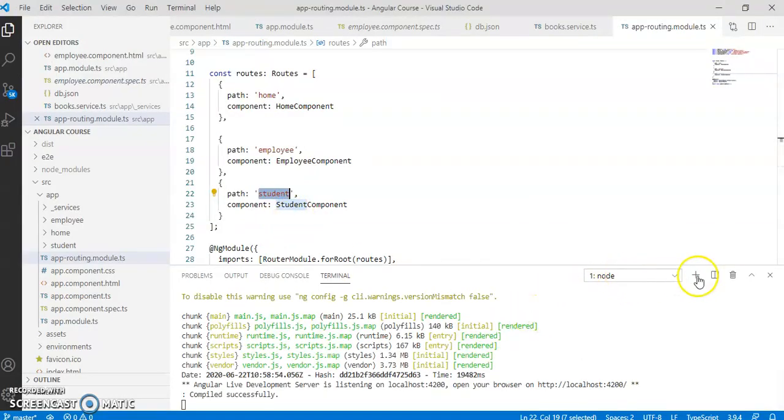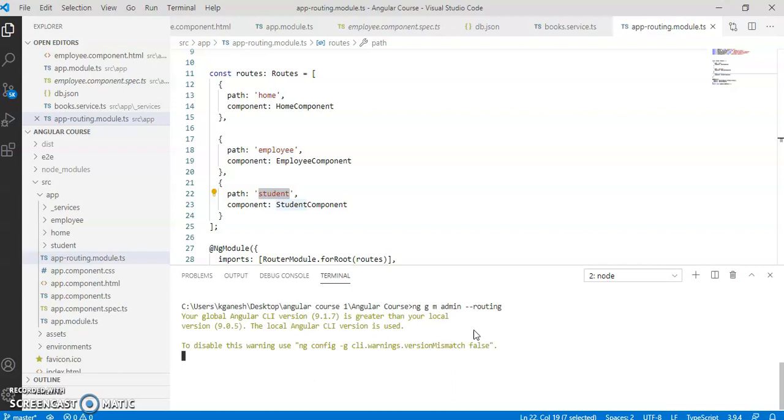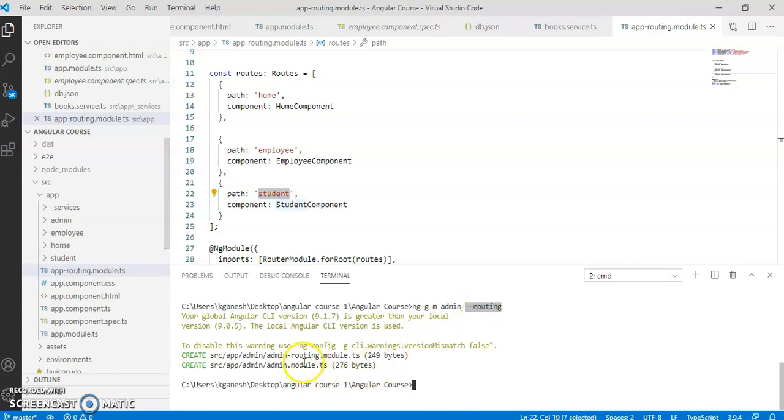First of all, I will create a module, the admin module. ng g m admin, with the routing flag. ng means Angular, g means generate, m means module, admin is your module name, and routing means it will create an admin-routing.module.ts.